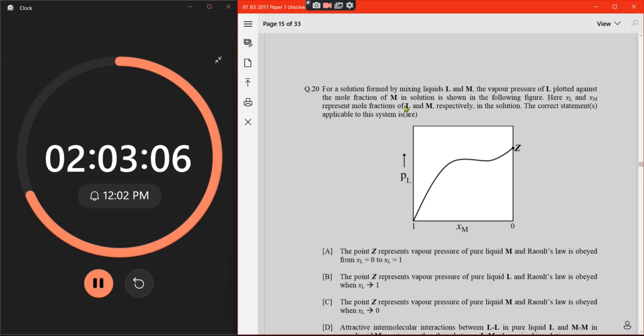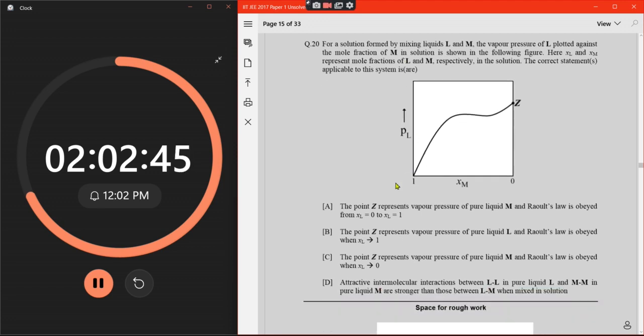So PL, that's the vapor pressure of L plotted against the mole fraction of the M solution, as shown in the figure. Here XL, XM represent mole fractions of L and M respectively. The two liquids you mixed are L and M. The correct statement applicable to the system: the point Z represents vapor pressure of pure liquid